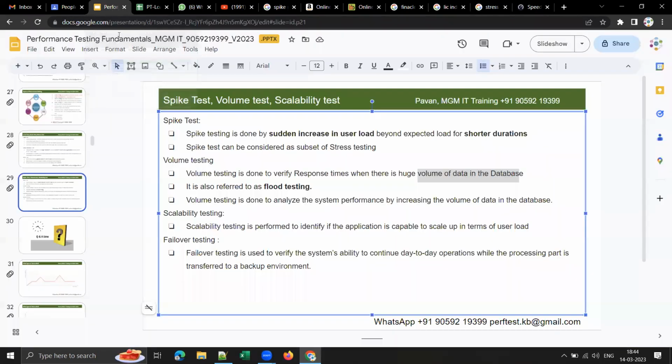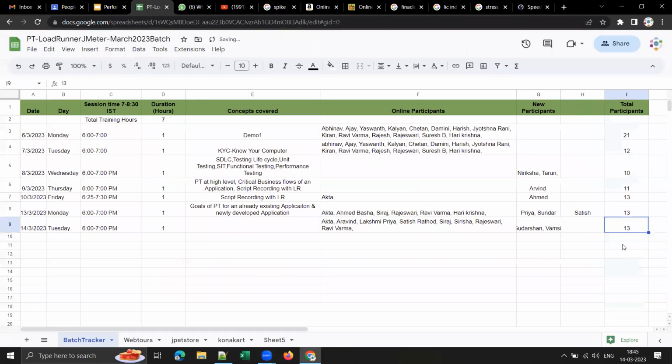I'm not getting it. Okay, so use your mobile data otherwise. 279. Oh, 279. That is the reason. That means your internet connection is very slow, and the quality is not good. Yeah, I will connect it now.